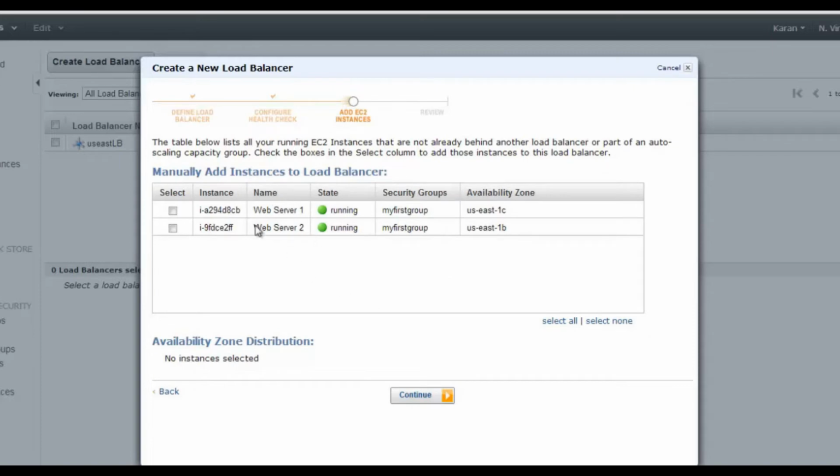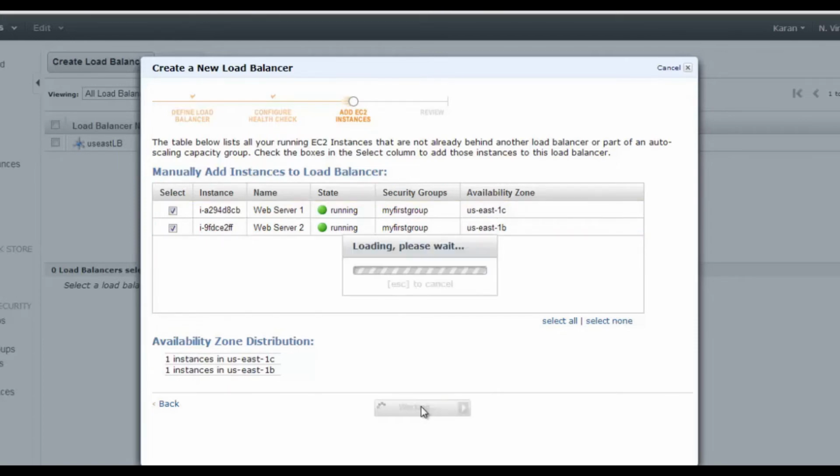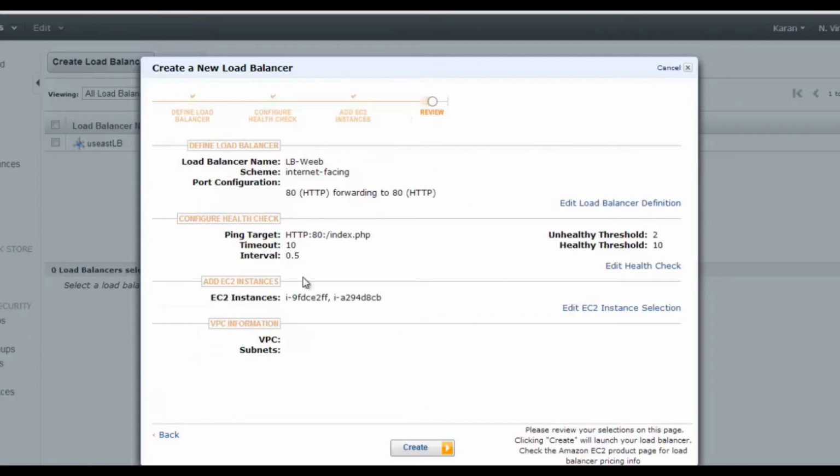Now here you can specify the number of instances that you want to include in your load balancer. It is always advisable that you should have at least 2 instances, and both instances need to be in different availability zones. This is the summary. If you need to edit anything, you can still edit, otherwise just click on create